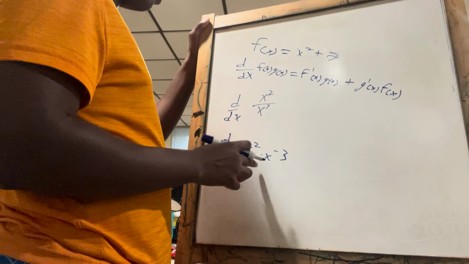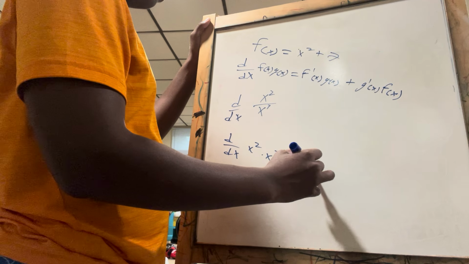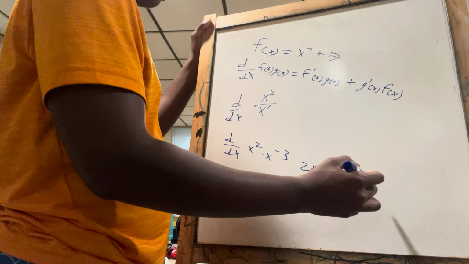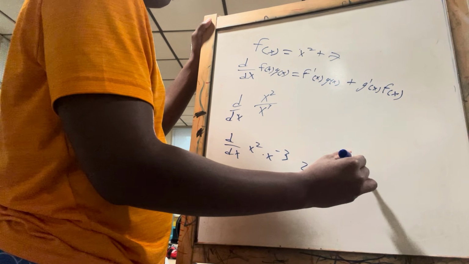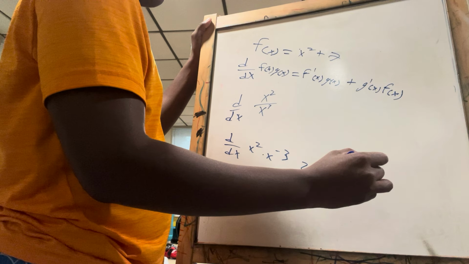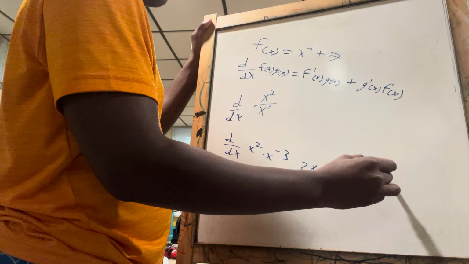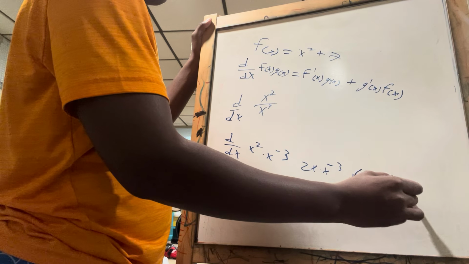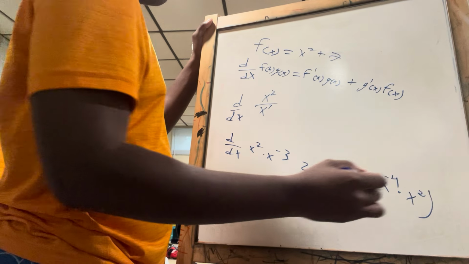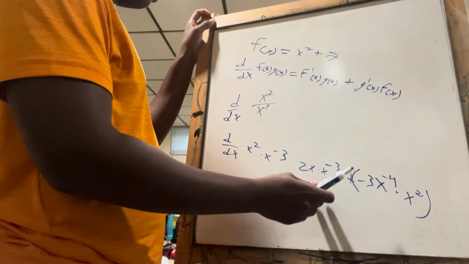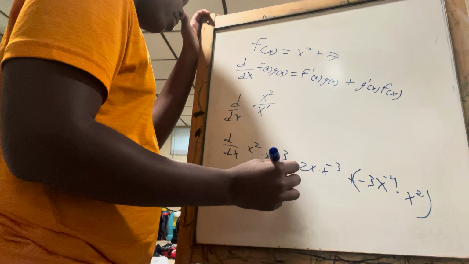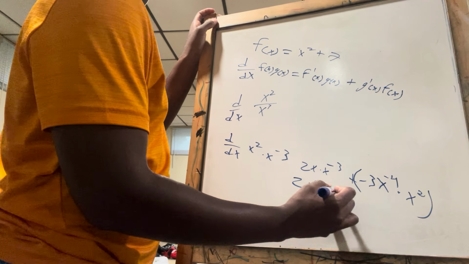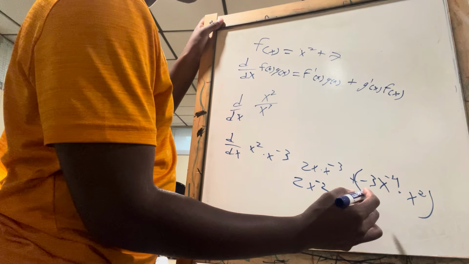So in this case, this would be 2x times x to the minus 3 plus minus 3x to the minus 4